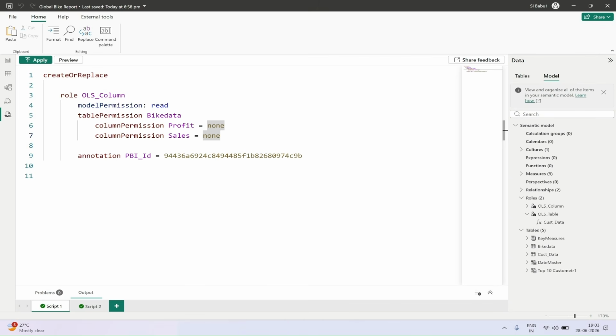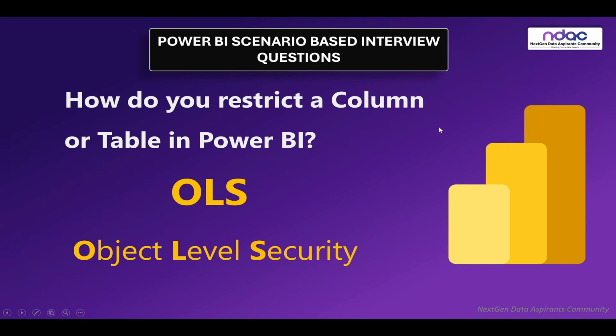Okay, fine. Now let me give you a quick recap of what we learned today. In this video we learnt about object level security. So the question is, how do you restrict a column or table in Power BI? First, with the help of an external tool such as Tabular Editor, we restricted the profit column, as well as the customer data table, which is having the